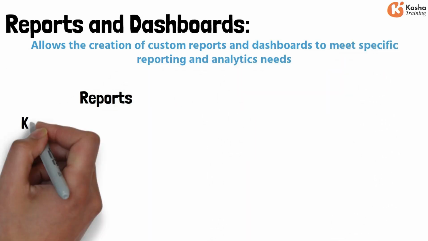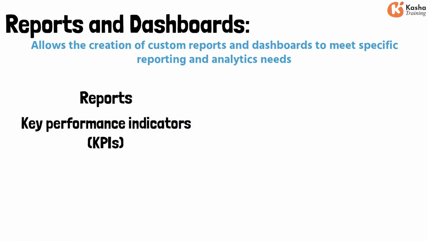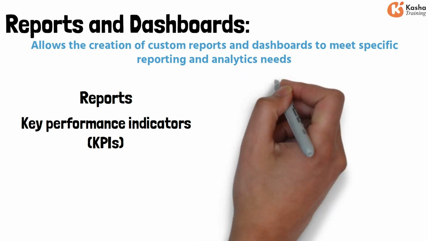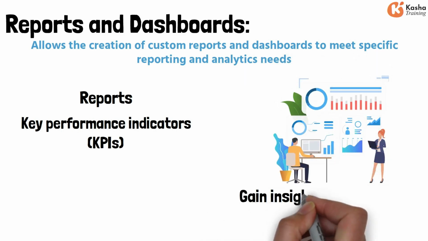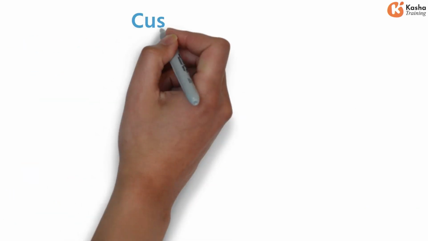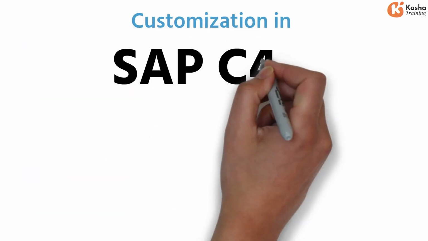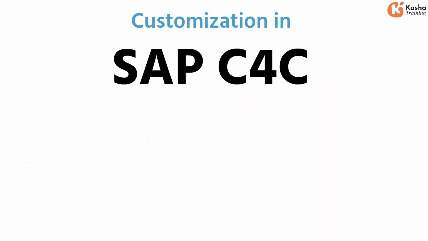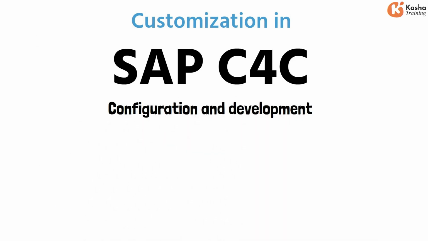Businesses can design reports and key performance indicators, KPIs, that align with their unique metrics and business objectives. This enables organizations to gain insights and monitor their performance effectively. It's important to note that customization in SAP C4C is typically done through configuration and development using SAP's programming tools